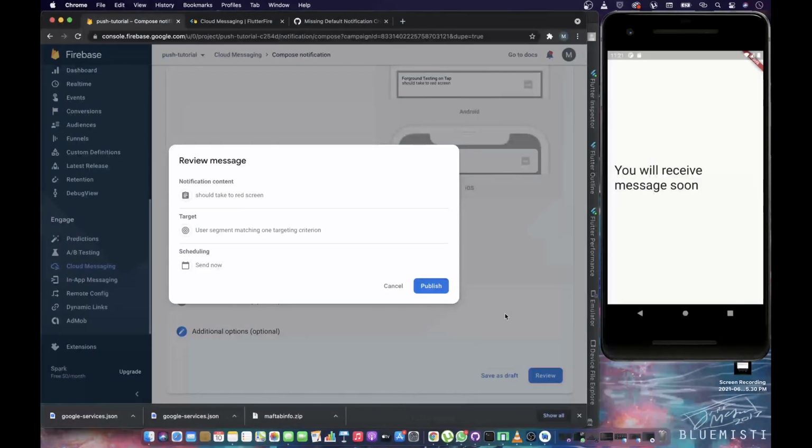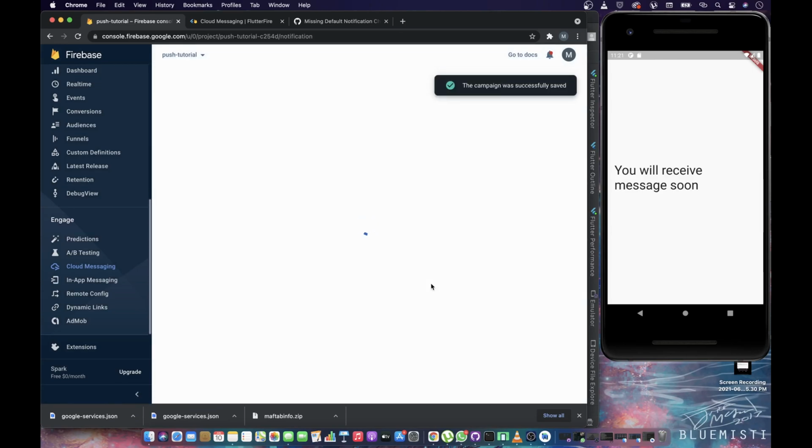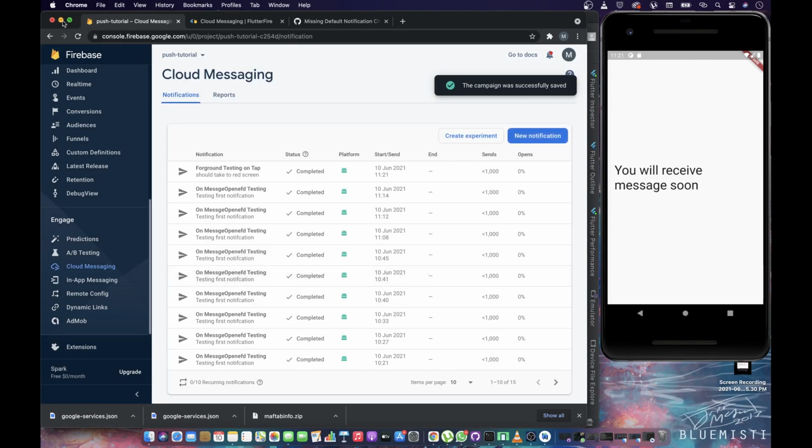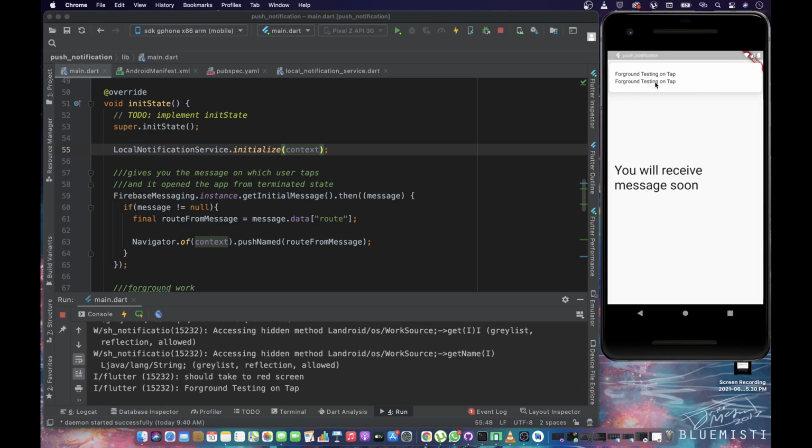So what I'm going to do, the app is in foreground, everything looks great. We're just sending the notification, and we should be able to see the notification as a heads up notification very soon. Sometimes it takes a while. Yeah. So now when I press on it, this should take me